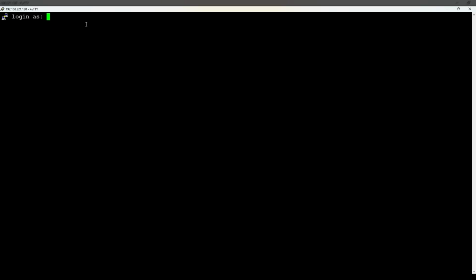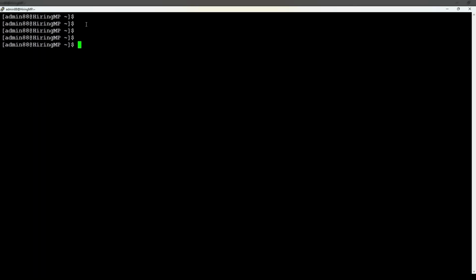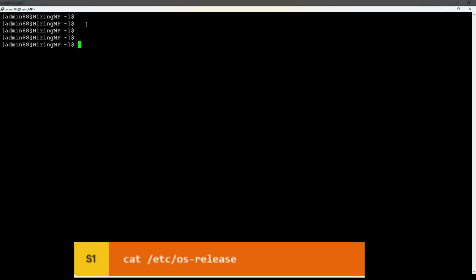So, we are here on the login prompt on one of my servers. Let's assume that this is your production server. You put your username, password, okay, you are in. So what you're going to tell the hiring manager is that the first time you log on a Linux server, the first command you run is cat /etc/